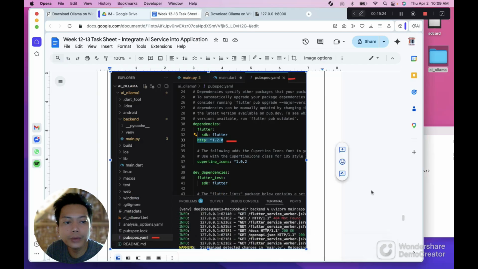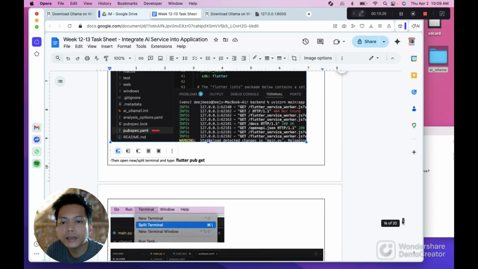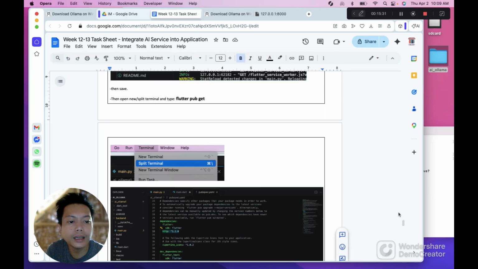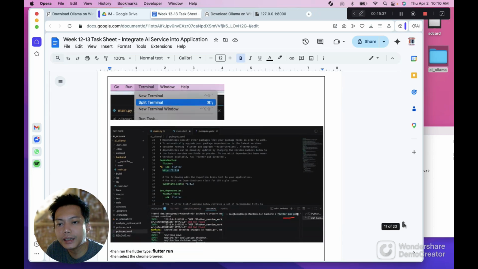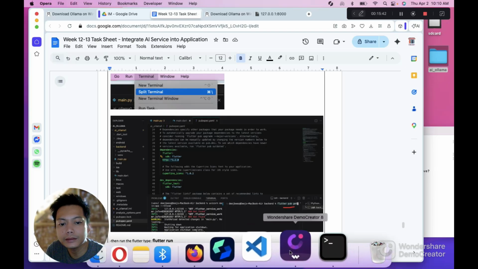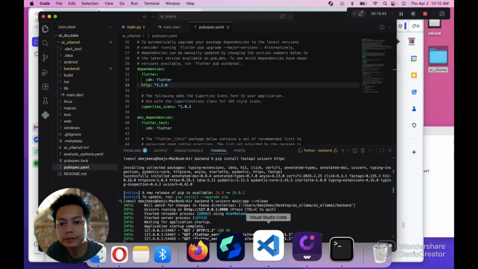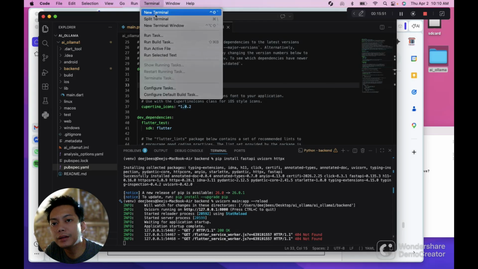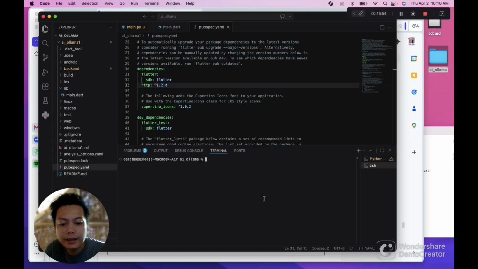Okay, so after that, we are now going to run in the terminal the flutter pub get, to update the pubspec.yaml. Here, we're going to open a new terminal. This terminal, we don't need to use because this is the FastAPI server. So we need to open a new terminal. Then flutter pub get.